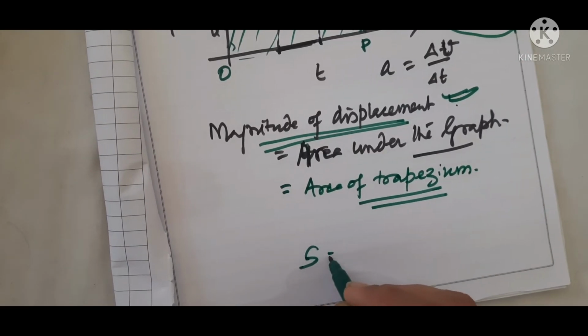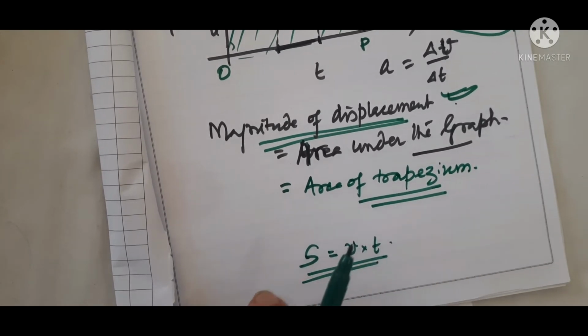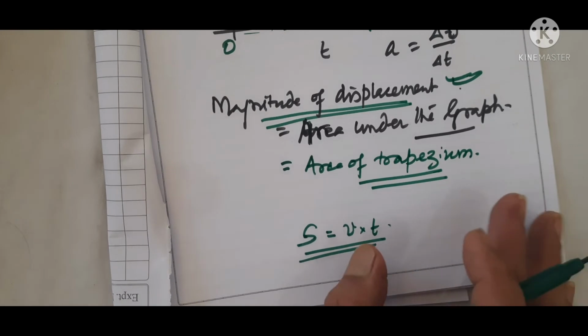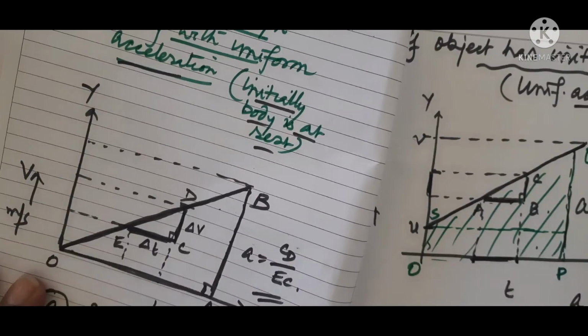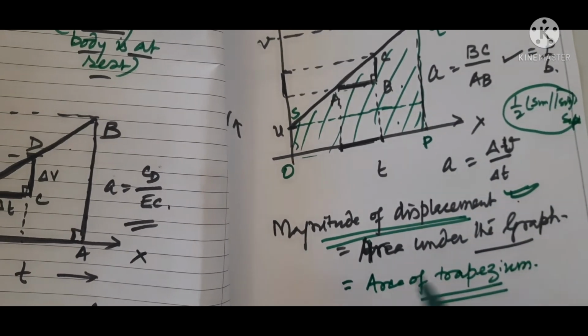Displacement is equal to velocity into time. That's the logic, right? So पहले ये निकाले magnitude of displacement VT ग्राफ से,